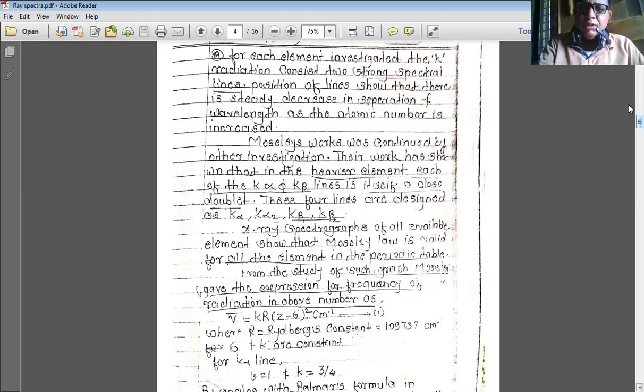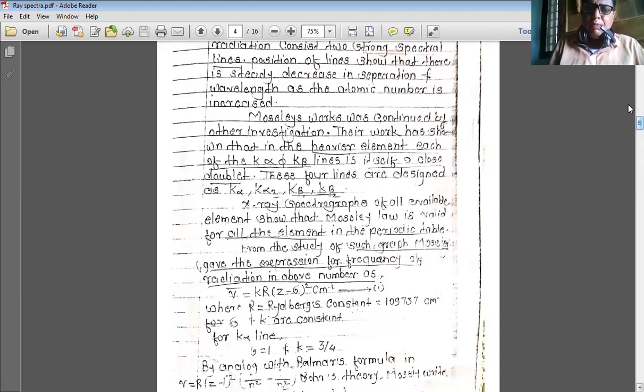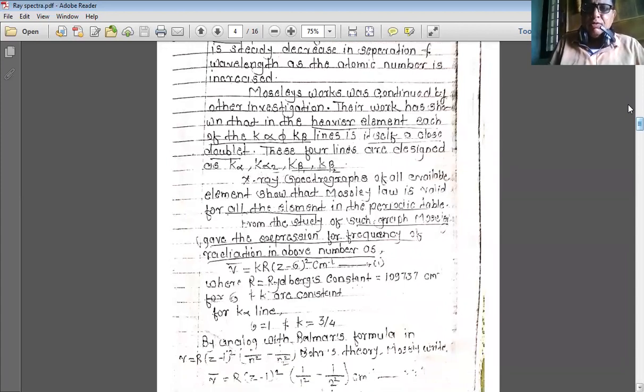From the study of such graphs, Moseley gives the expression for the frequency of radiations as ν̄ = R(Z − σ)² cm⁻¹. This is equation number 1. R is the Rydberg constant and its value is